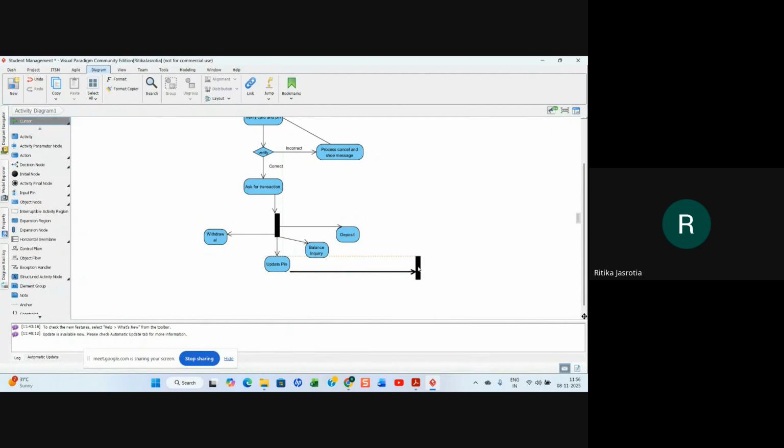I'm just giving you an example. So this will be the joining node, and all the activities, this one you can join, this one you can join.